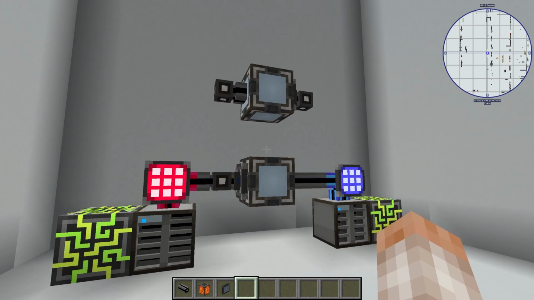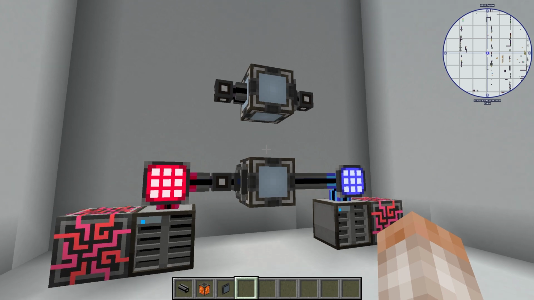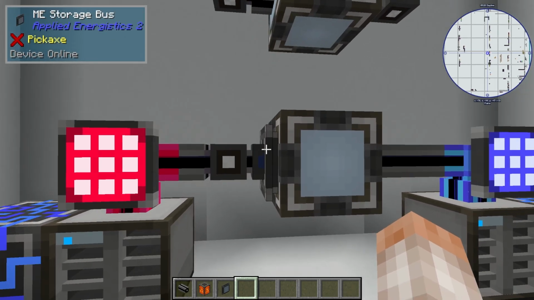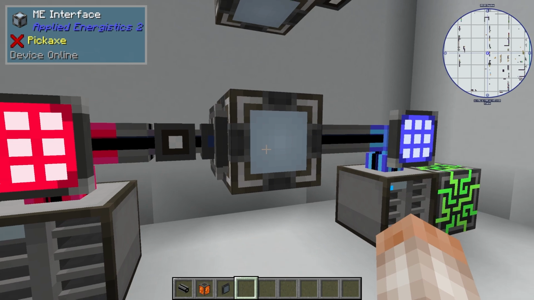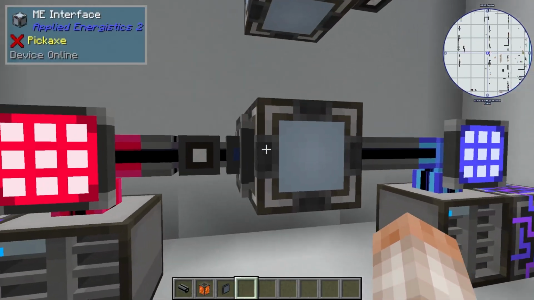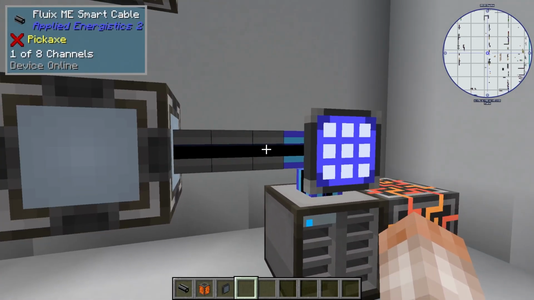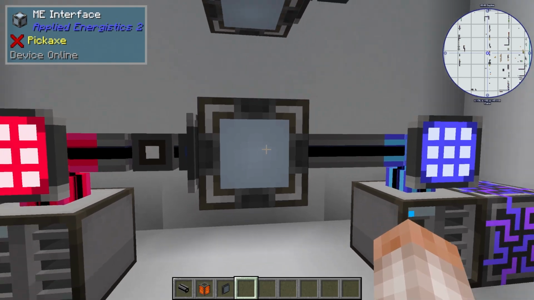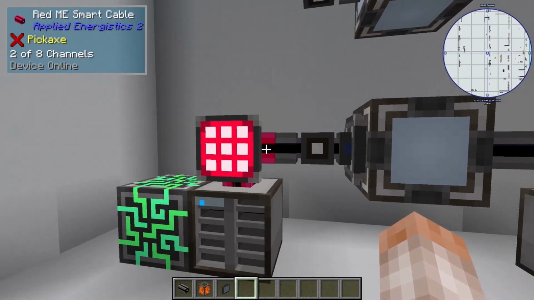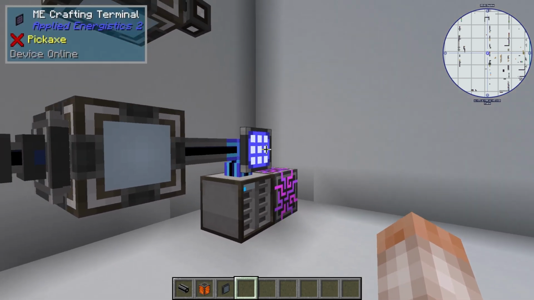Now, what this essentially is here is a subnetwork, which we're not going to be going into any detail about here. You can check out subnetworking in episode 4. But what's going on here is I have a storage bus attached to an ME interface on 2 separate networks. So the red network here has the storage bus and it's slapped onto the blue network, which is containing the interface. And what this does is it allows the red network to see every single item inside of the